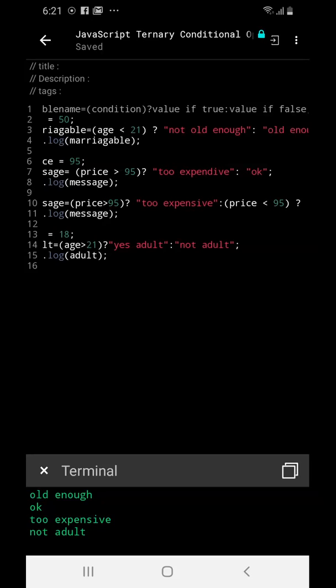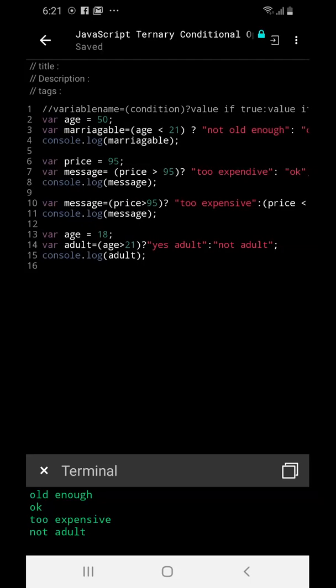Equal to 95. So we should consider the value 2, which is okay. So that's what you get when you do the console.log for message. Another example here is for the same variable, price, you consider another var message,